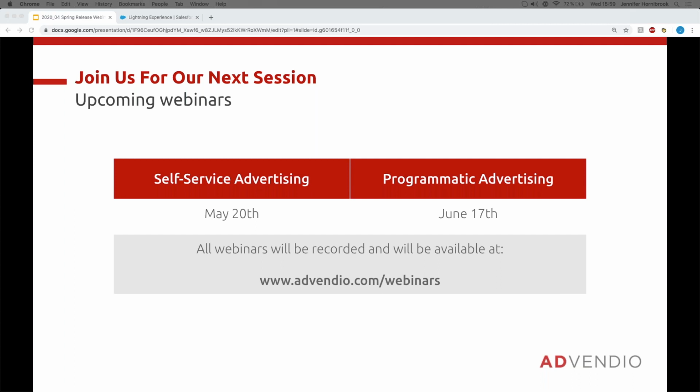Another one, do I need to upgrade to Spring 20 in order to use the media search? So I'm assuming that this would be a customer that's still using the older media search look and feel. No, that's a good question. I did mention that it had left beta in 20, but the media search itself has been available since 2.115. So in order to use the media search, you don't need to update to Spring 20